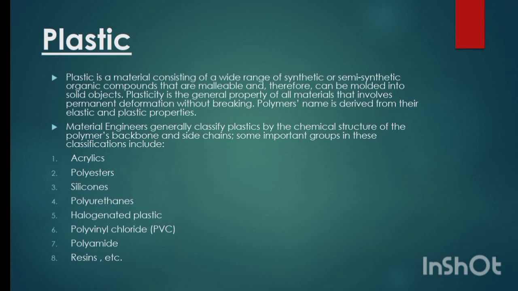What are plastics? Plastic is a material which consists of a wide range of synthetic or semi-synthetic organic compounds that are malleable and therefore can be molded into solid objects. Plasticity is the general property of any material that involves permanent deformation without breaking. The name polymer is derived from its elastic and plastic properties. Material engineers generally classify plastics by the chemical structure of the polymer's backbone and side chains. Some important groups in this classification are acrylics, polyesters, silicones, polyurethanes, halogenated plastics, PVCs, which are polyvinyl chloride, polyamide resins,